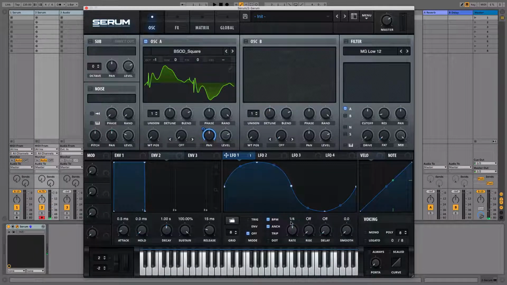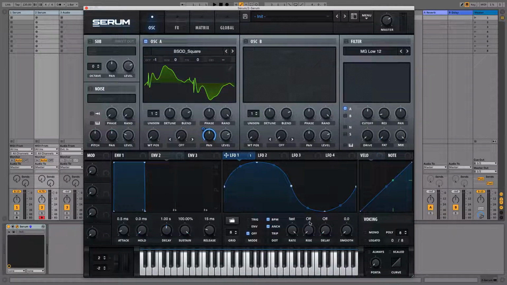And I could adjust the rate, which is set to synced values here. It goes incredibly fast at the upper range there, so you can even get some sort of FM style effects